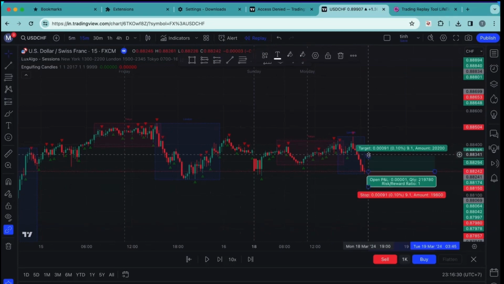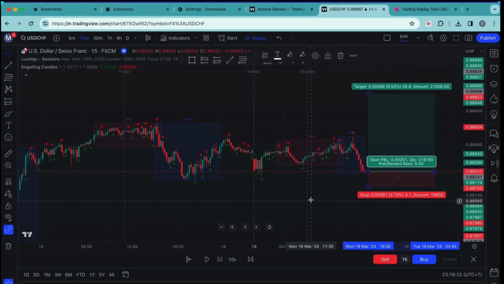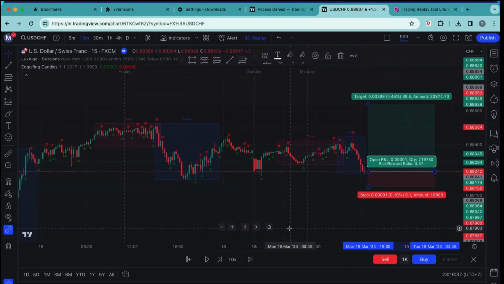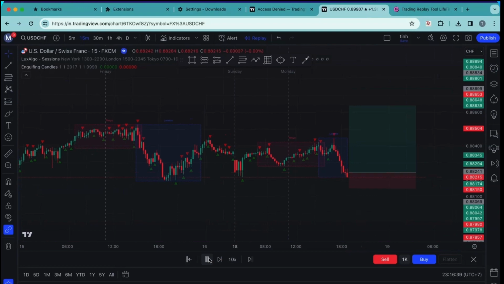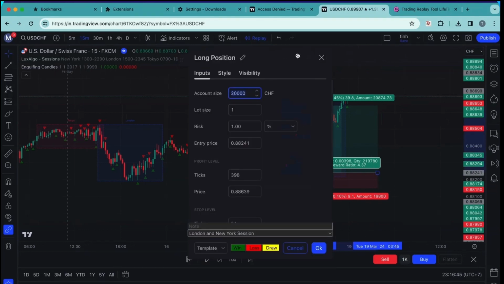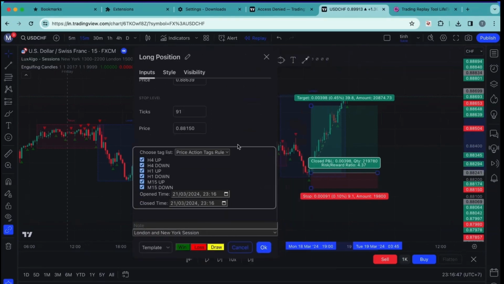Okay, let's get to the backtesting process. Create a long position. What do you think? Are we going to hit the TP? Let's see. Yes! TP hit! After the deal reaches take profit or stop loss, double-click on the deal to edit the parameters